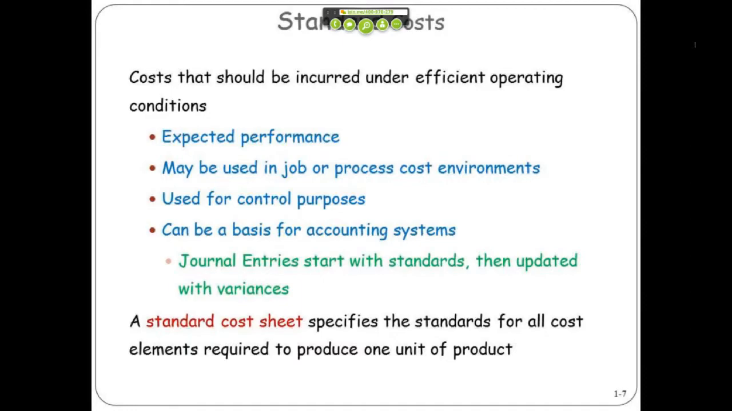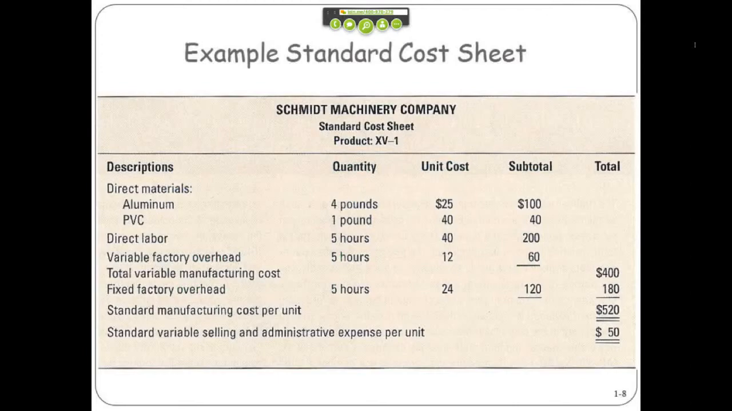The basis for standard costing is something called a standard cost sheet, which essentially defines the standard costs, both dollars and time or quantity, that you would have. So an example of a standard cost sheet for the Schmidt Machinery Company says you expect to need 4 pounds of aluminum to develop XV1. The cost of aluminum is expected to be $25 per pound, so you expect it to cost you $100 in aluminum. That's your expectation. And down the line,